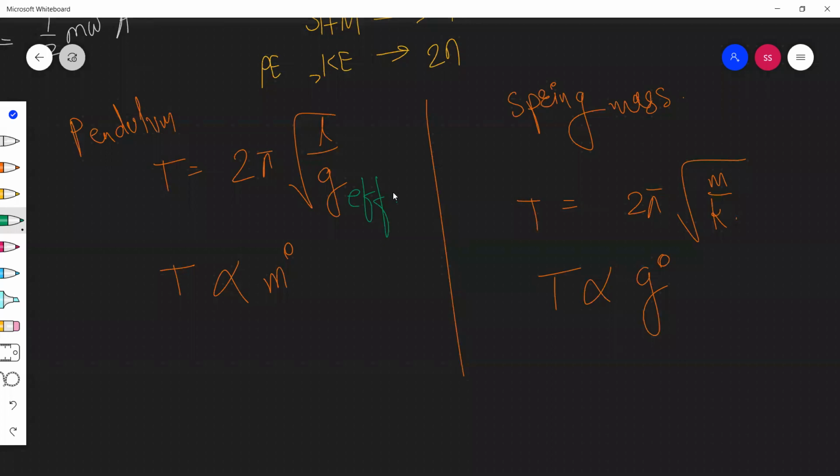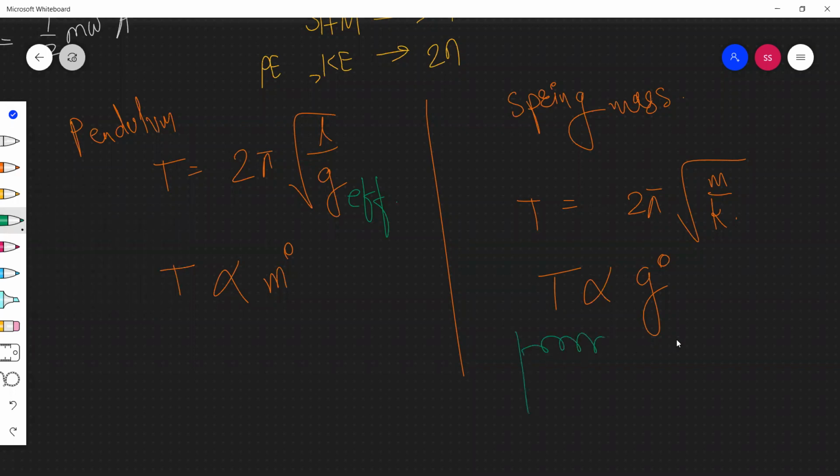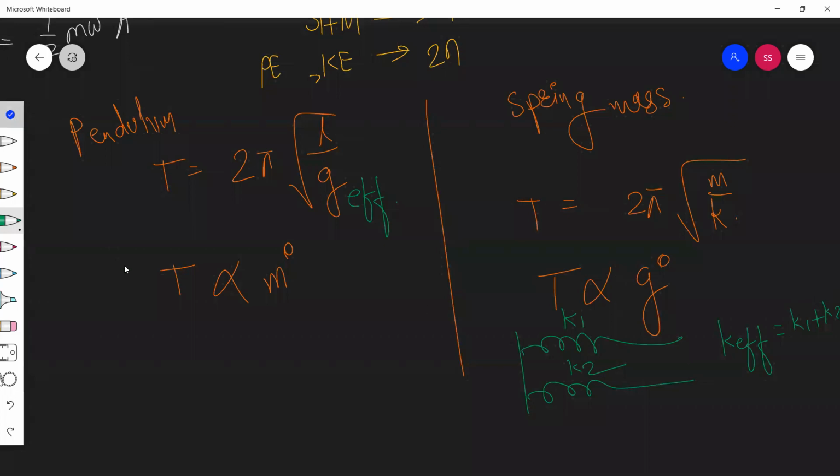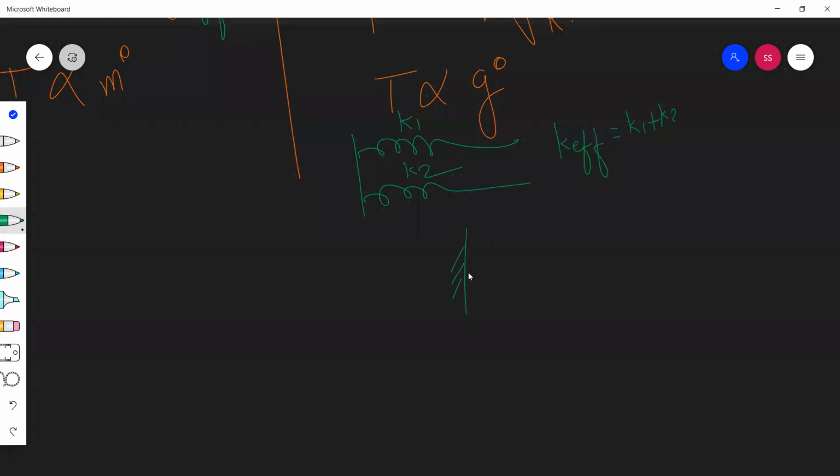Okay. Now, springs in parallel and springs in series. Let us say this is K1 and this is K2. Then spring connection is exactly equal to capacitor connection. Therefore, K effective in case of parallel will be equal to K1 plus K2, and parallel connection can also be shown something like this. Generally यही पे सबसे biggest confusion होता है.